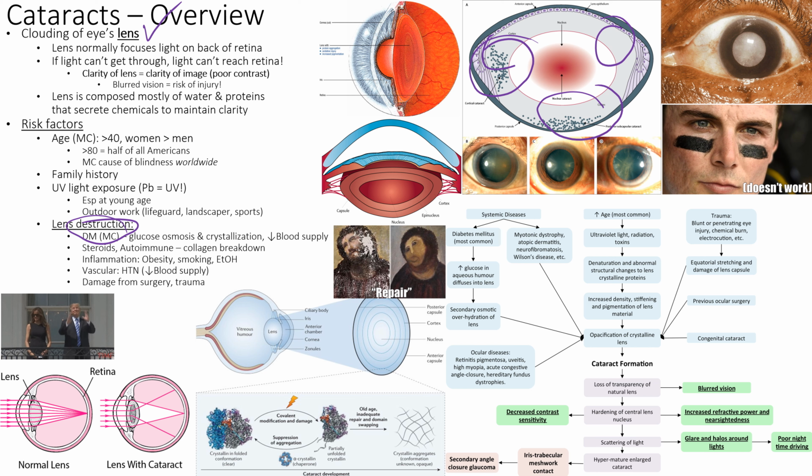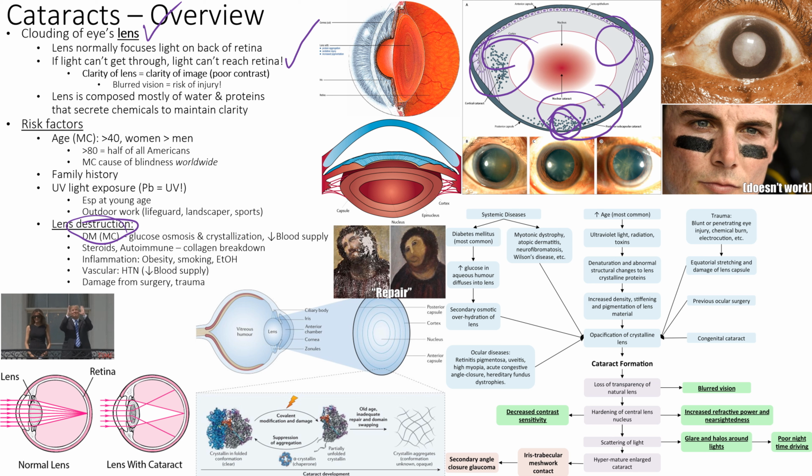Okay. So if light can't get through, sometimes it won't reach the retina. It'll get blocked at this little debris right here, so that won't be out of focus, but also you won't be able to see that piece. The clarity of the lens is the clarity of the image. You have poor contrast. Things are fuzzy. It's like it's out of focus at all times, but not because you can't bring the image into focus. It's because there's something on your lens. You've got greasy fingers after you just ate something greasy and hot, that's going to get on your lens, and now it is blurry. So blurry sepia tones are common with cataracts, okay?